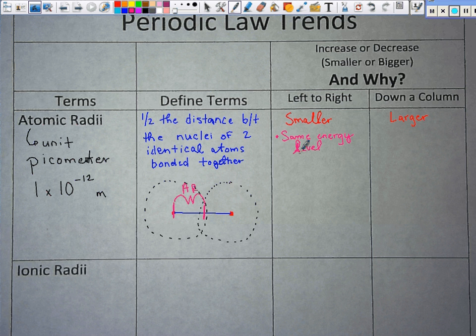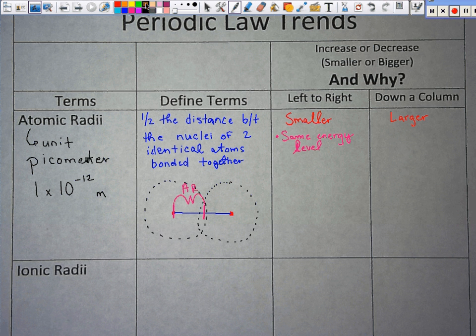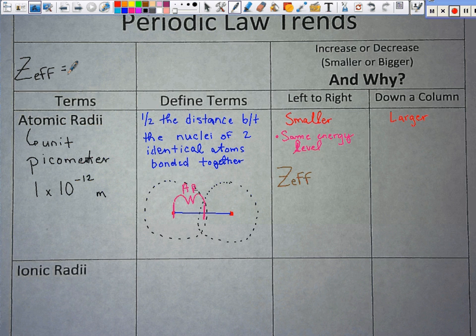Okay, but what is that all powerful, magical word that we have been talking about so often? This comes into play, and that is Zeff. And so what I'm going to do, and this is again something that we're going to have to know a lot about, is I'm just going to write it up here. And I told you at the beginning of this chapter, I said I'm going to say this word about 150,000 times, and I probably have at this point. All right, so this is the effective